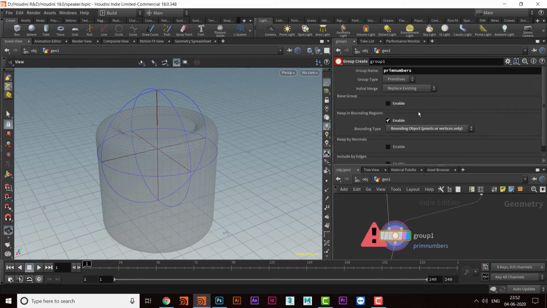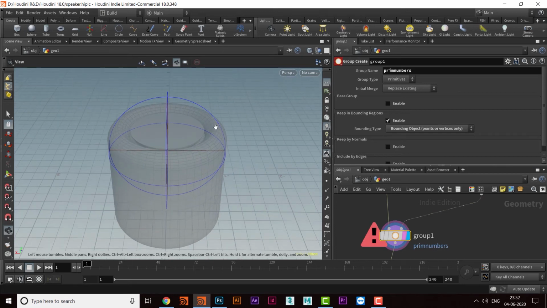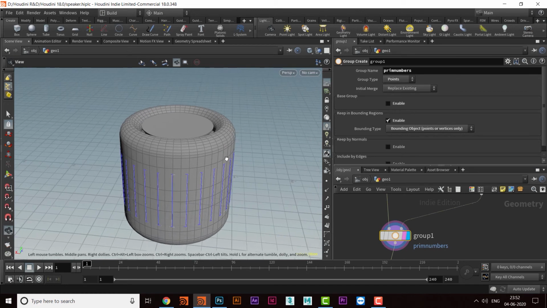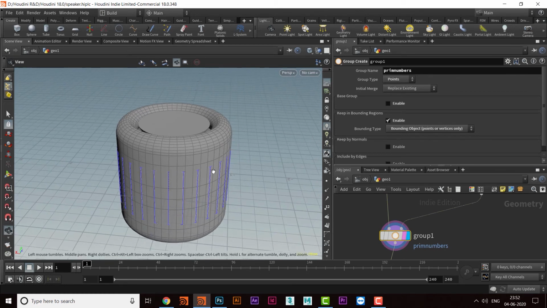But they work with points, it is written points here. So we'll change it to points, and then that will work, so we'll see that.